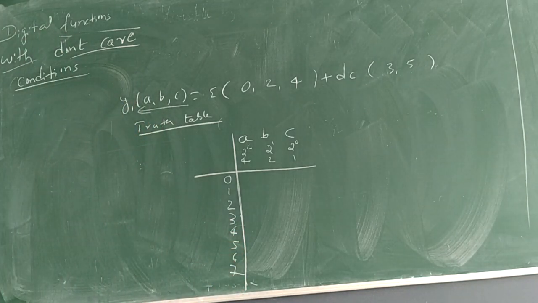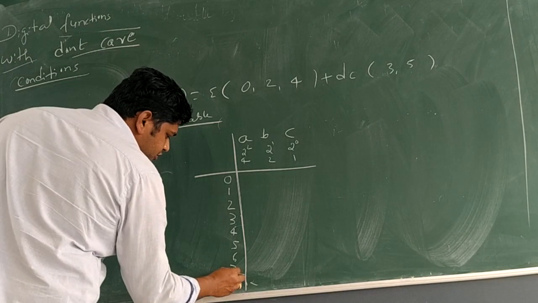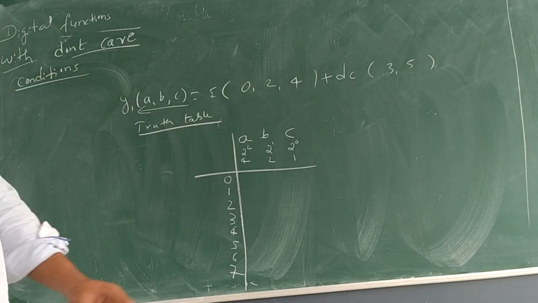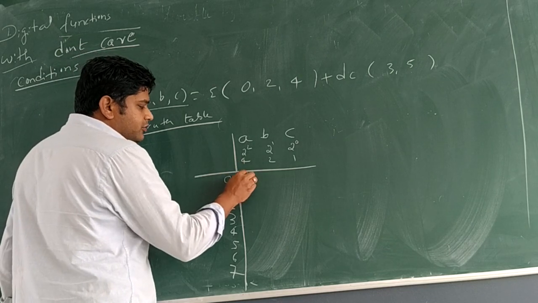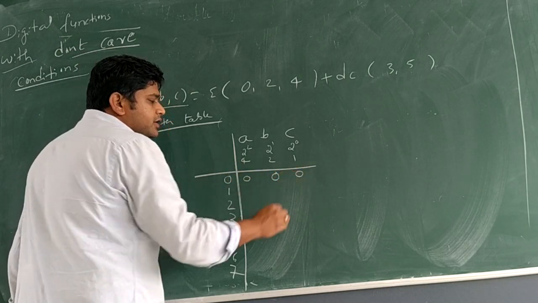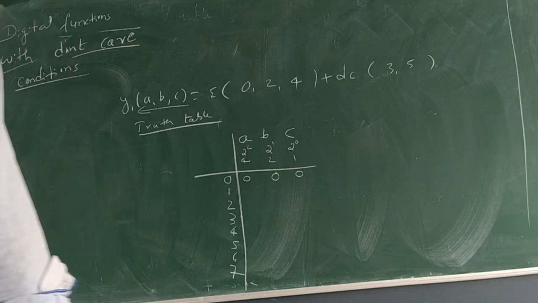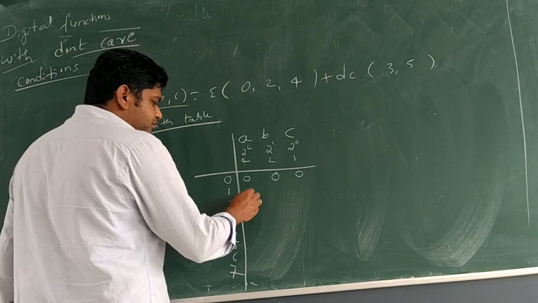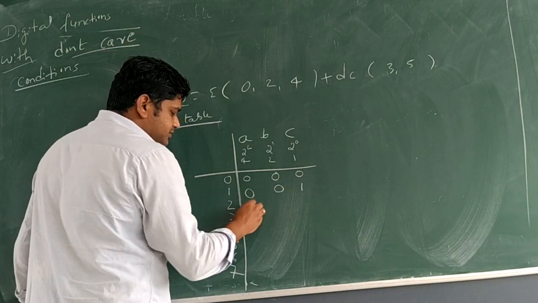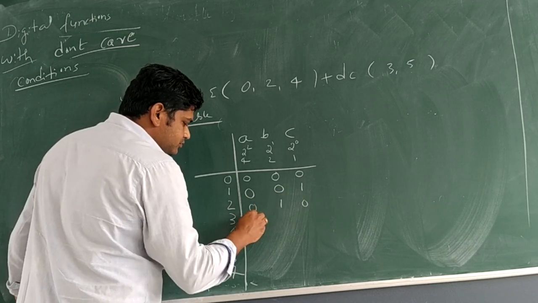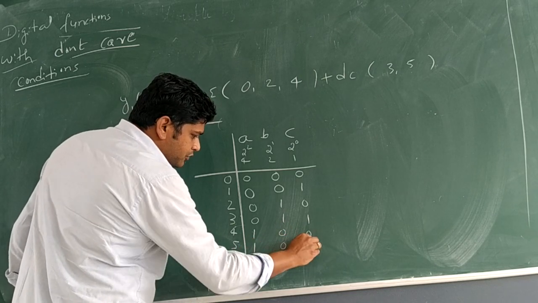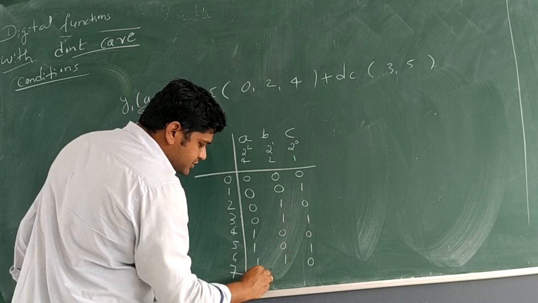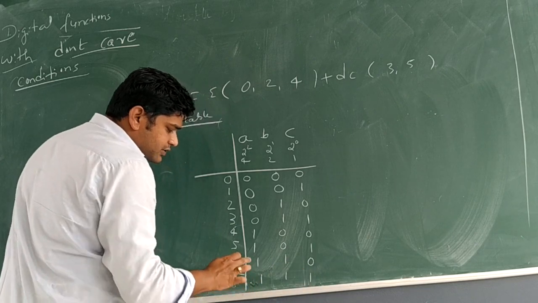Now, hope you all know the distribution 0, 1, 2, 3, 4, 5, 6, 7. These are the notations, the symbols we are using to represent the variables. So how to write 0? 0 for A, 0 for B and 0 for C. You know this already, so let us write a little fast: 2, then comes 3, then 4, 5, 6 and 7.